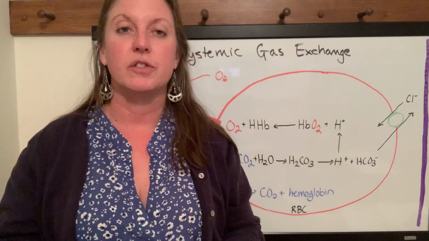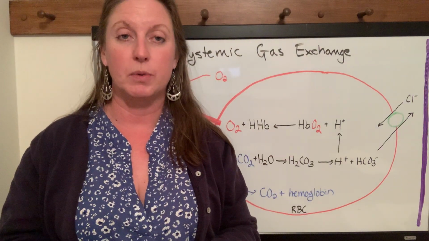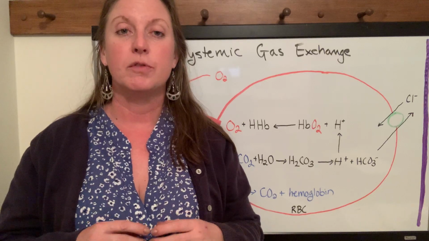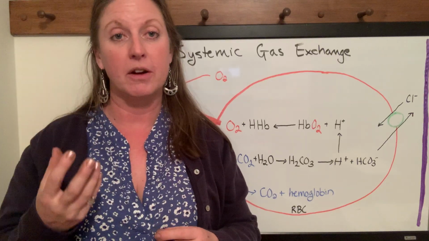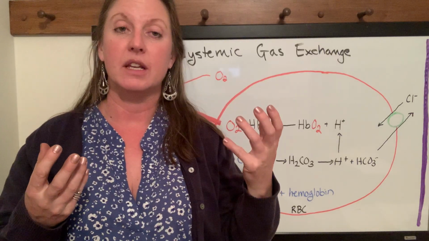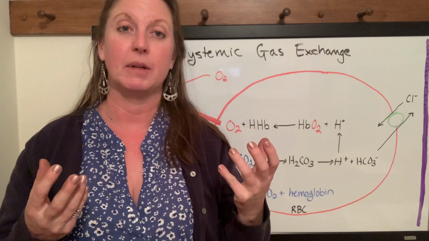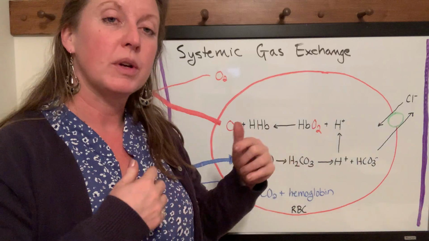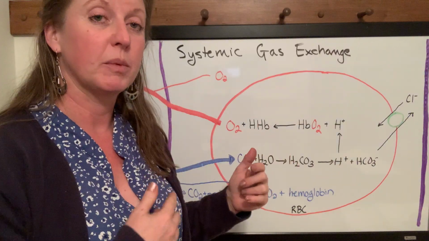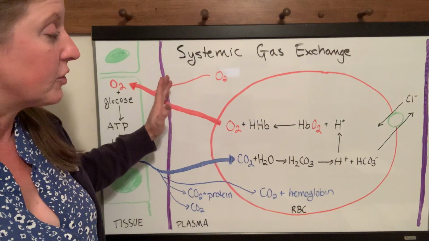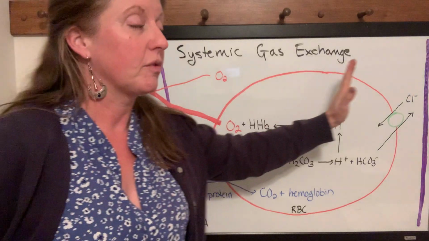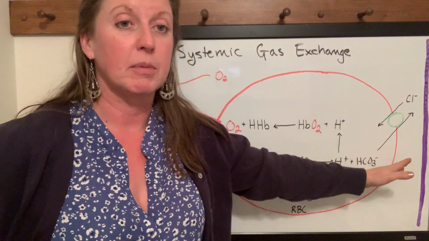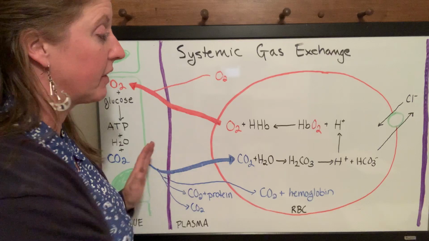Systemic gas exchange is also known as internal respiration, and it's the movement of gases between the respiring tissue and the plasma in the systemic capillaries. Now, I want to explain the diagram behind me, and then I'm going to explain what's actually happening with the gases. What I've drawn here, these purple lines represent the systemic capillary, the walls of the systemic capillary, so it's